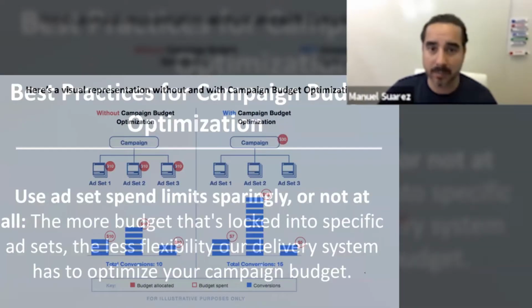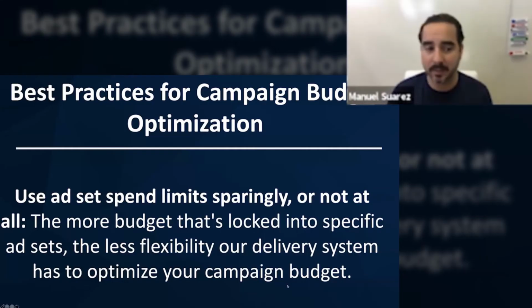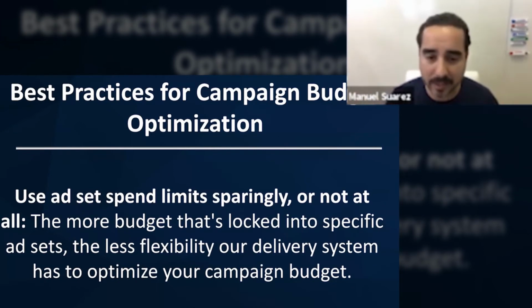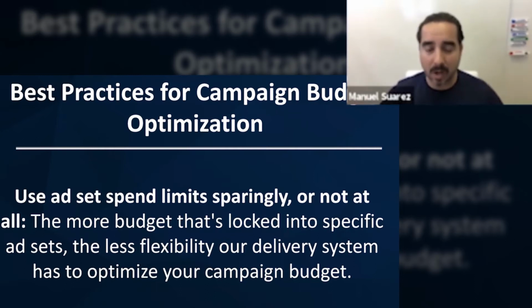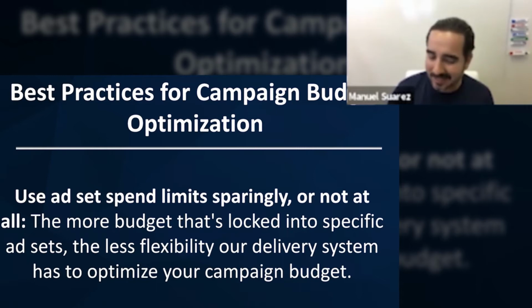That's the value of CBO. So a couple of best practices. Use ad set spend limits sparingly or not at all. What do I mean by that? Do not adjust the ad set inside the campaign budget optimization. Just let the campaign do its job because it's going to optimize based on the result. The more budget that's locked into specific ad sets, the less flexibility the delivery system has to optimize your campaign